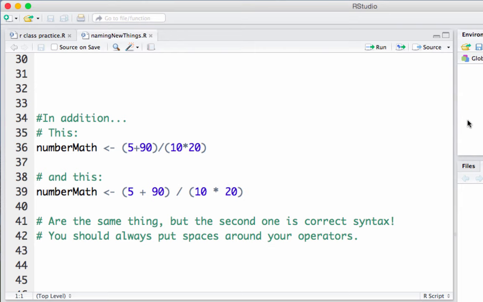And you might look at this and say, well, that's silly, I don't need to put spaces there. But trust me, later on when we've got much more complex code, it's not always going to look like this basic math. You'll often have some math like this, but interspersed with more complex code. And putting those spaces before and after the operators will make your code much easier to read and much more understandable to anyone else trying to read your code.